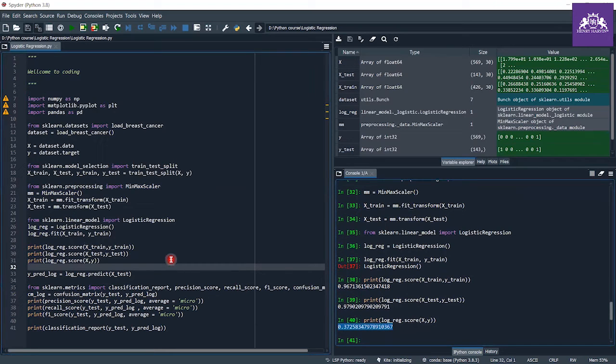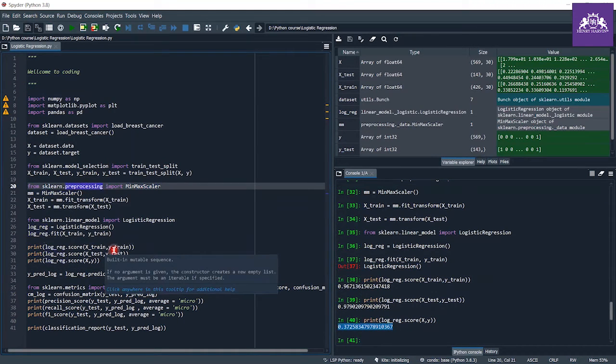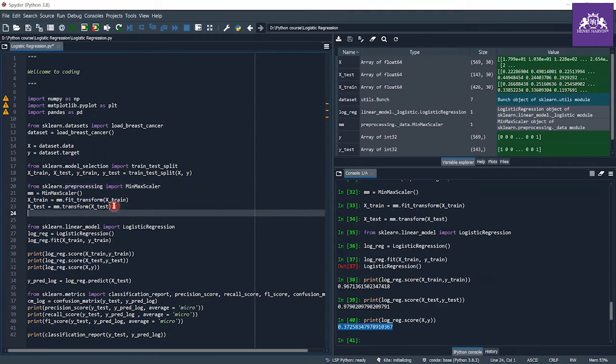So we can do some fine tuning. Here the accuracy for the whole dataset is low because I didn't scale that data. To get the best accuracy, you have to follow pre-processing.